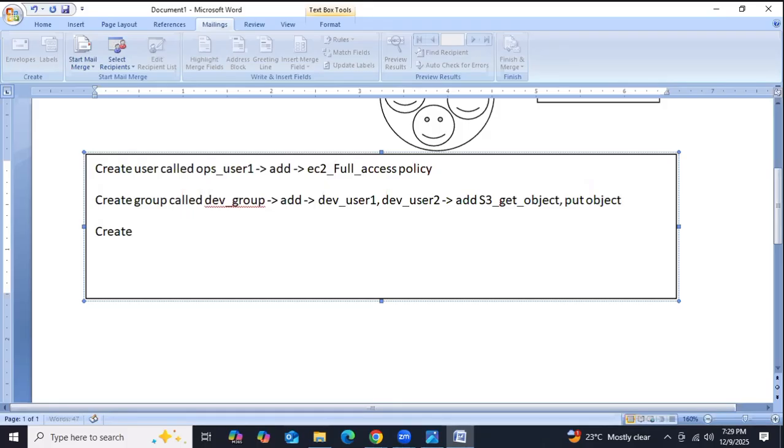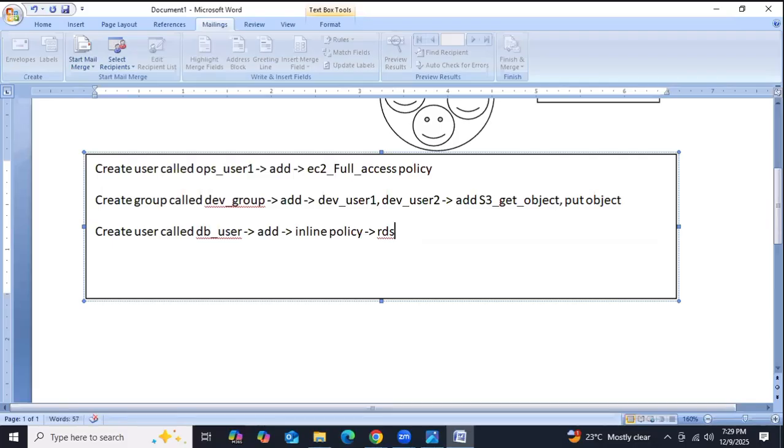And then create user called DB user. Add inline policy, RDS full access.